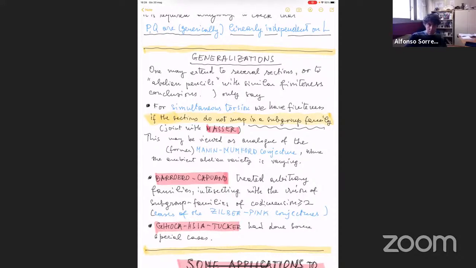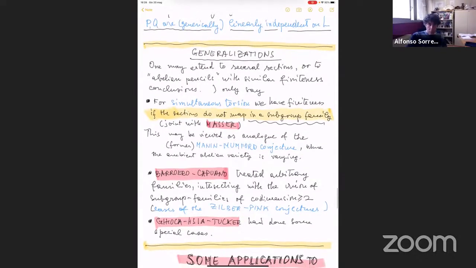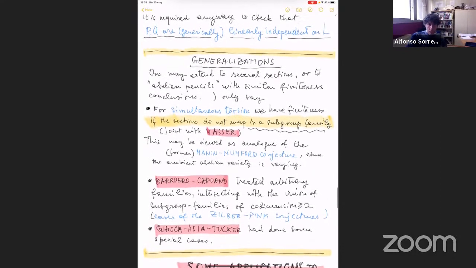I do not state any precise technical statement for simplicity, but just say that if we impose torsion conditions, we have finiteness if the sections are linearly independent, if we consider the same elliptic curve, or generally if they do not map in a so-called subgroup family. And this result that I have vaguely stated may be viewed as an analog of what was called the Manin-Mumford conjecture. This Manin-Mumford conjecture, which was solved in the 80s,